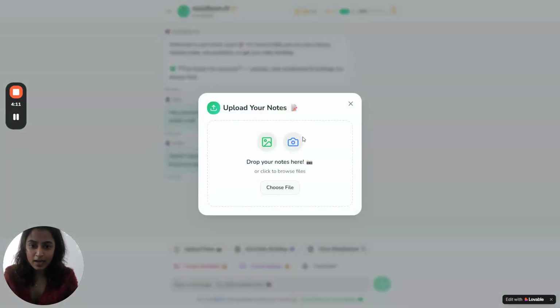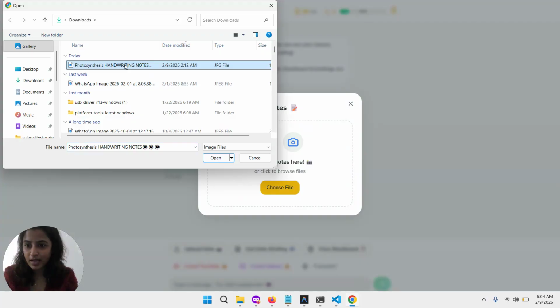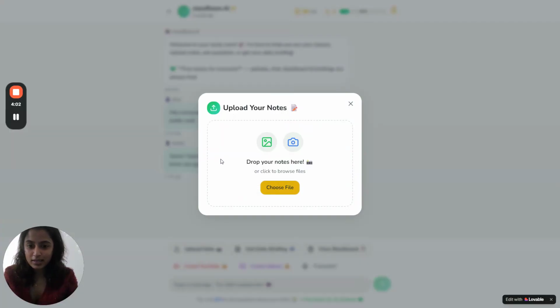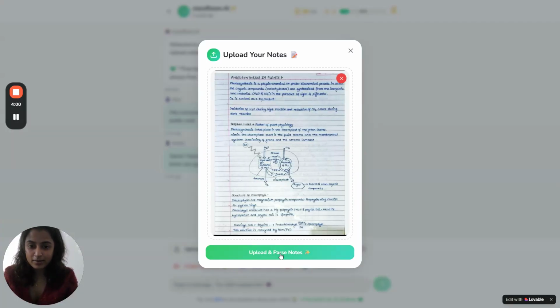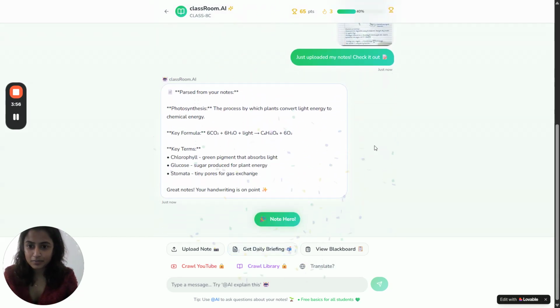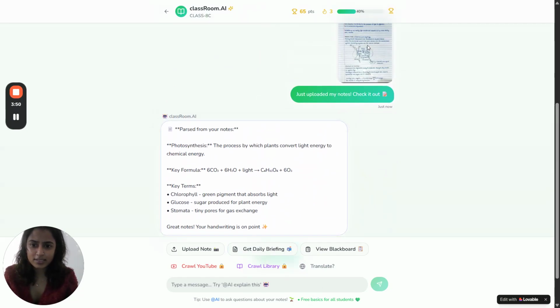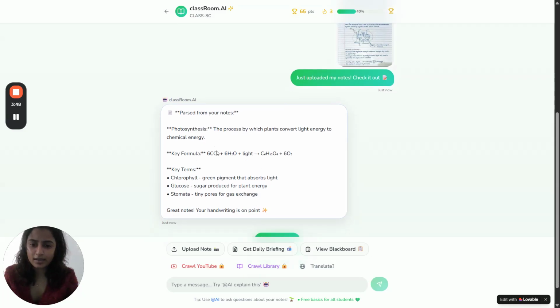Say, for example, I am a topper and I have some notes which I think might benefit people. I have taken notes about photosynthesis and I upload it and let AI do the magic of parsing it. And the agent is saying that it parsed from my notes and it's about photosynthesis, the key formula, etc. It was even able to understand the diagram,